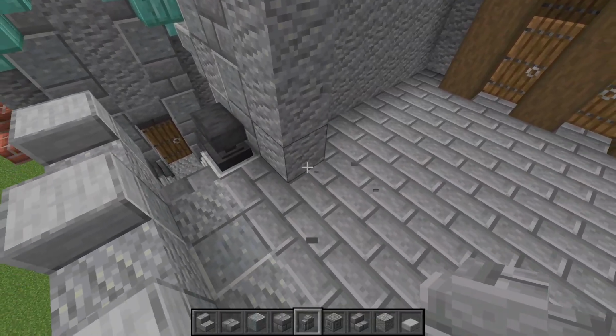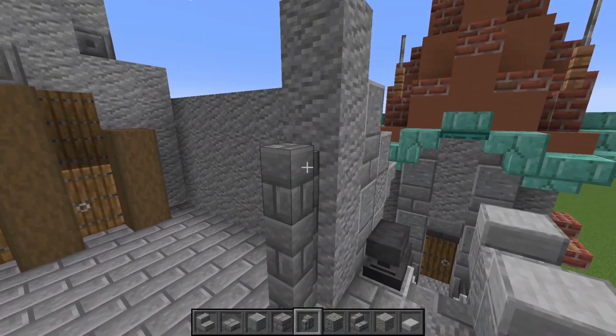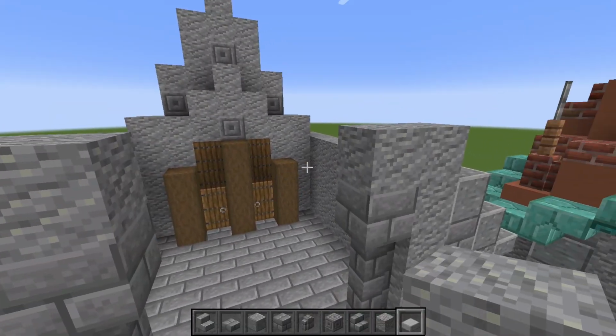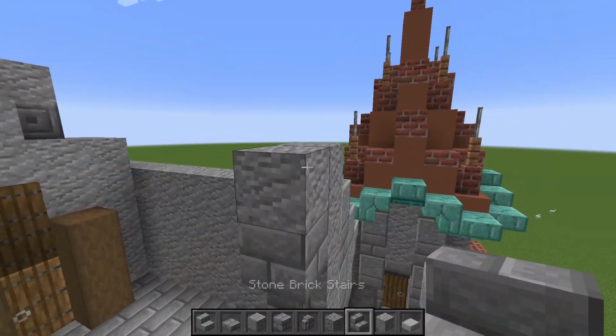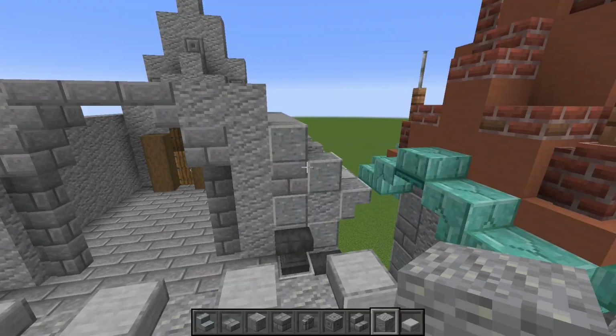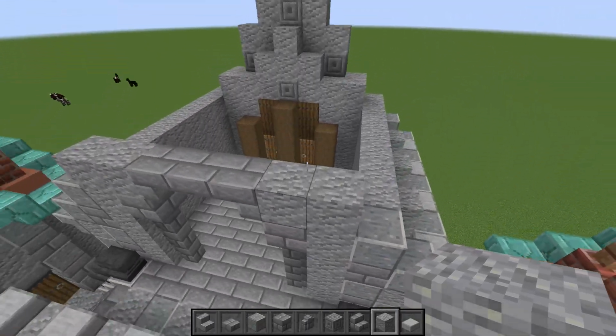At this point, we want to create another doorway, so just go 3 walls like this once again and place a stone brick on top. You can then go ahead and place an andesite block like this. We're going to want to go stone brick stairs this time, and you can even just connect these up with a slab like so. After this step, we want to follow this slope right here,